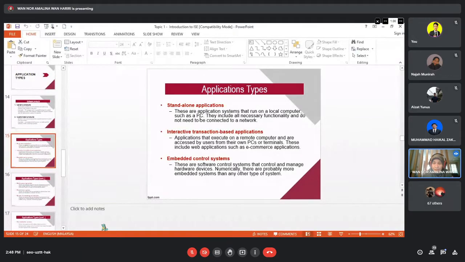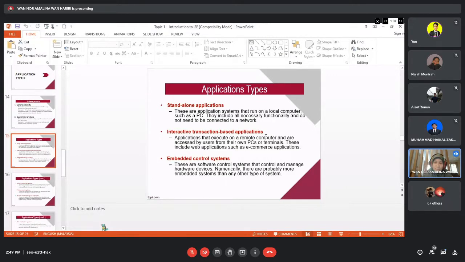There are standalone applications. Masih diguna pakai. Apa dia standalone applications ni? Dia application ni hanya boleh diguna pakai pada satu komputer sahaja, not connected to any network. So if you wish to use the application, you have to go to that dedicated computer yang ada application tu. Cannot go to other computers because it is not connected. That is what you call as standalone applications. Right? Not popular nowadays, but still available. Ada lagi. Right? Because yang ini memang tak guna pakai network langsung. Secondly is